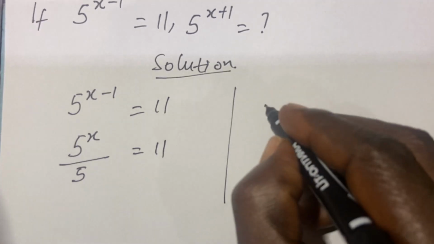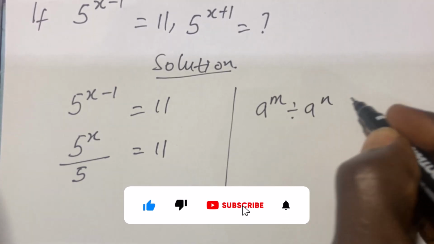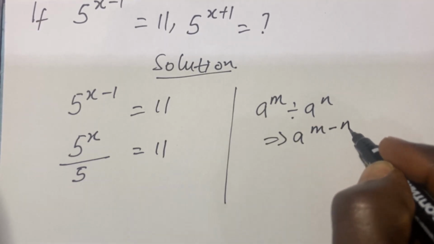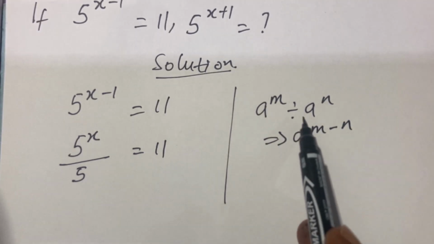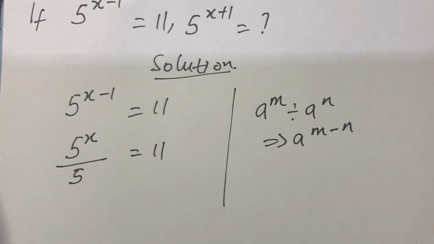Why? Because a raised to the power m divided by a raised to the power n can be written as a raised to the power m minus n. And division is the same as the sign being used over here. From this,